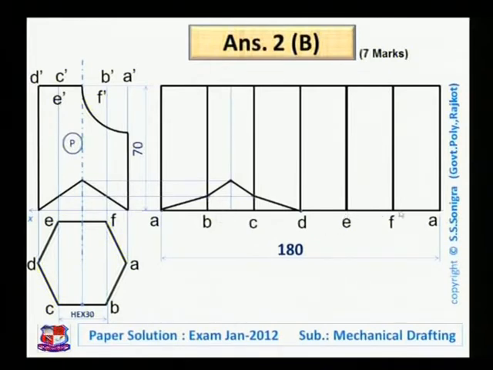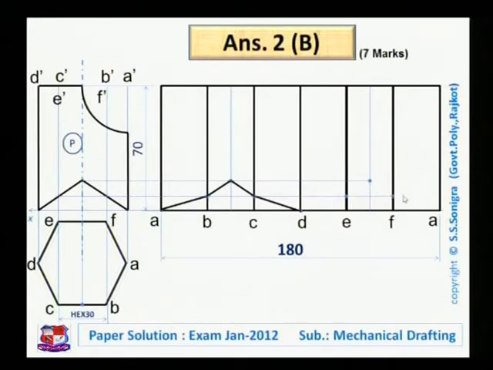Now about E, F and A, what should we do? For E, here the point is there, so from here draw a horizontal line like this, and this line will cut E at one point, and this point again between E and F, at the middle of E and F. So find out the midpoint of E and F. From that draw a vertical line like this, midpoint of EF, and from here draw a horizontal line and that will cut this vertical line at one point.